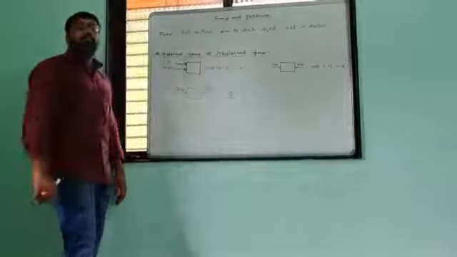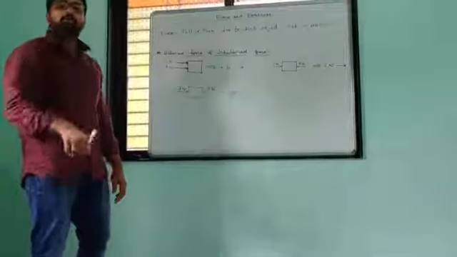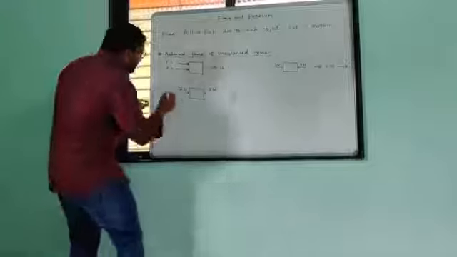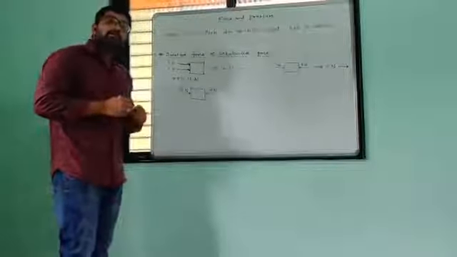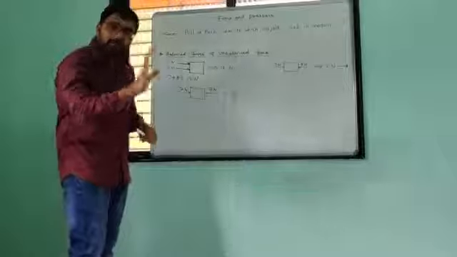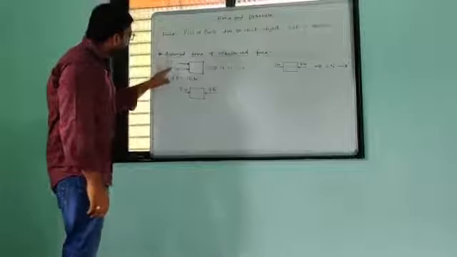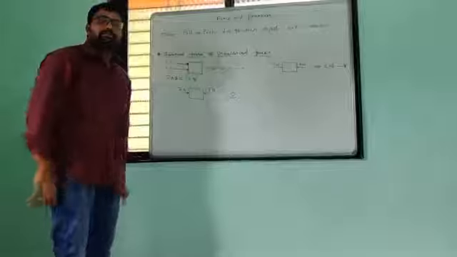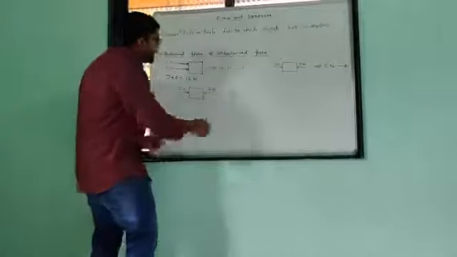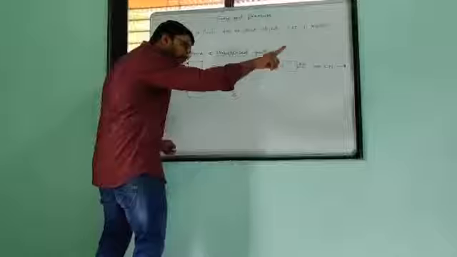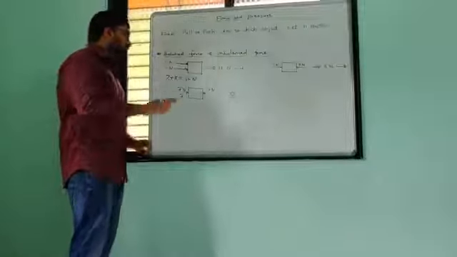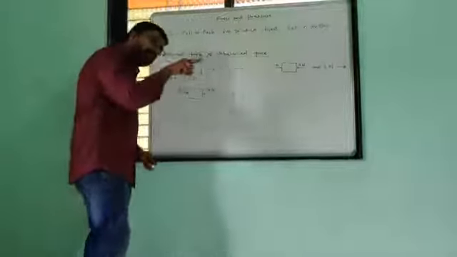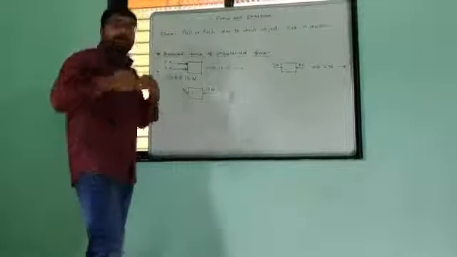In such a case, when we apply more than one force in the same direction, addition of forces takes place. Here 5 Newton and 7 Newton, two forces applied on this box, so their resultant is 12 Newton, which will also be in the same direction. So remember that when we apply forces in the same direction, the forces get added.